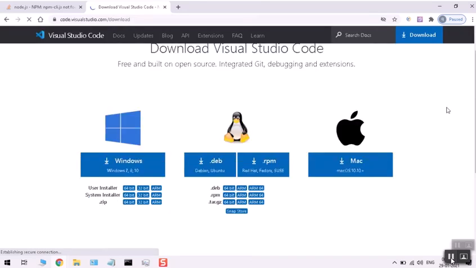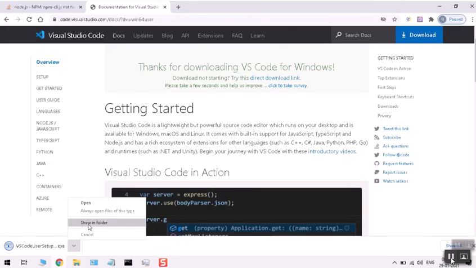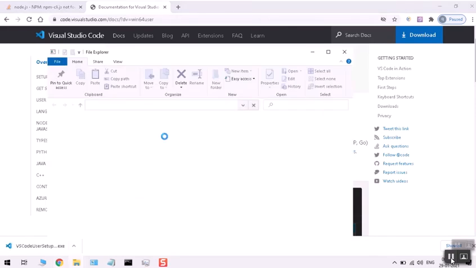Here you need to click on download. It started downloading. Then let's get into the folder, show in folder.